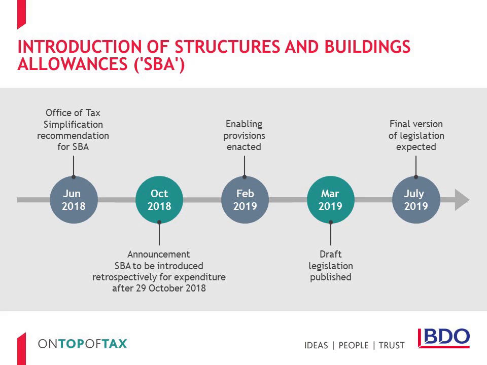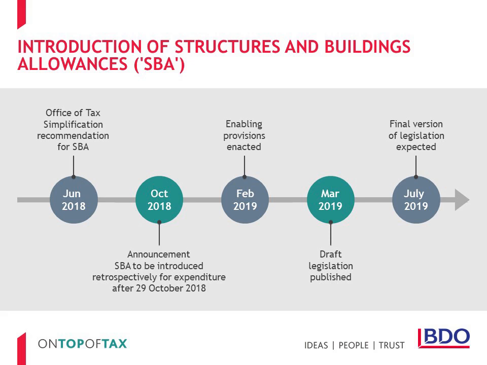Over the last few years, there has been a great deal of lobbying for the introduction of a tax allowance for expenditure on buildings or structures. This was identified as an area where the UK tax system has historically been uncompetitive against other major economies. It is also an allowance that can assist in encouraging investment in buildings or structures.